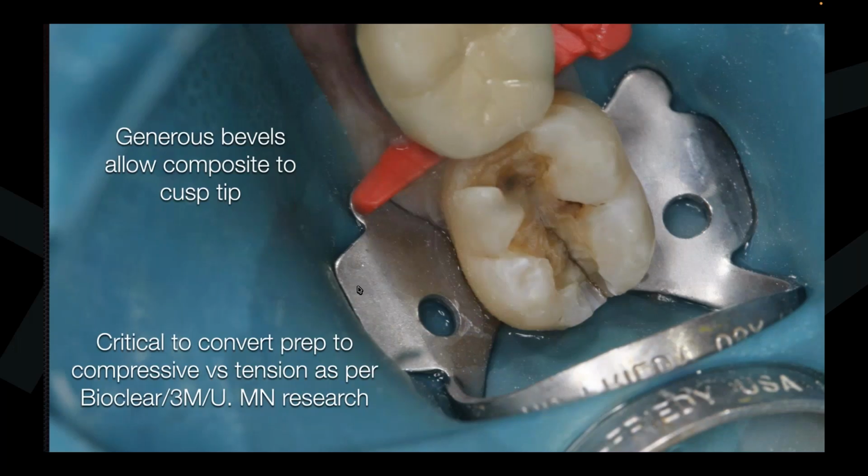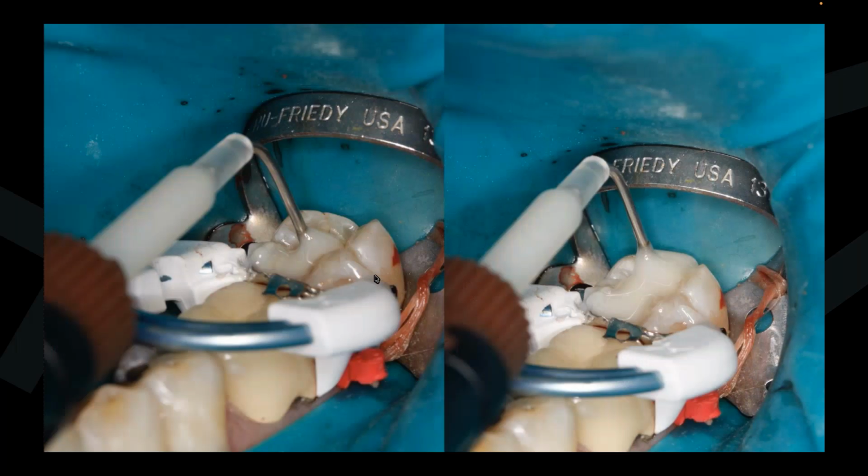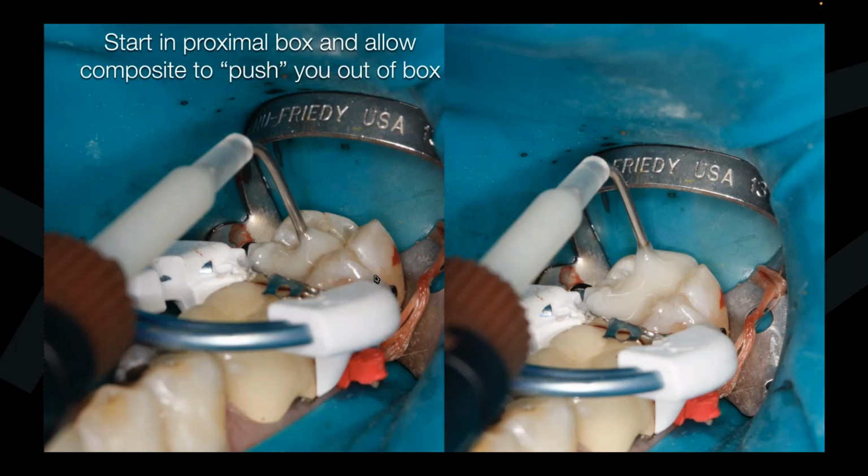It's asymptomatic, X-ray negative. So what we're going to do is ensconce that, sort of like the BioClear technique. University of Michigan did some beautiful research on compression of composites versus tension. You always want to put them in compression. So now here's my, I always say overfill 10%, and residents are really good at overfilling. So now you've got the composite in there.